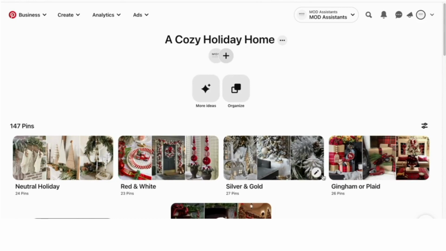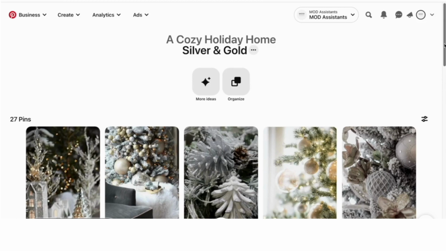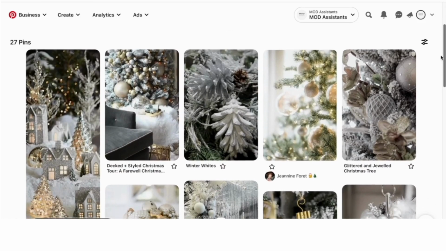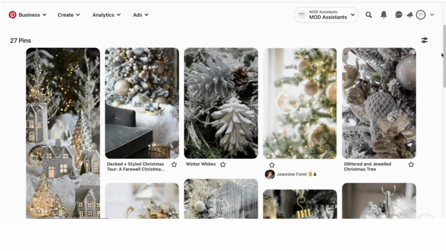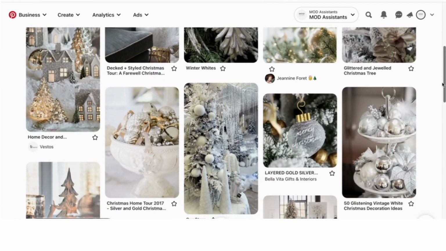Now let's talk silver and gold. And as we are browsing through this Pinterest board, all we can think about is the silver and gold song from the Rudolph the Red-Nosed Reindeer classic cartoon. That might just be us, but all we can think of is the silver and gold song. But we love the silver and gold theme because it can be very timeless if done minimally and can have